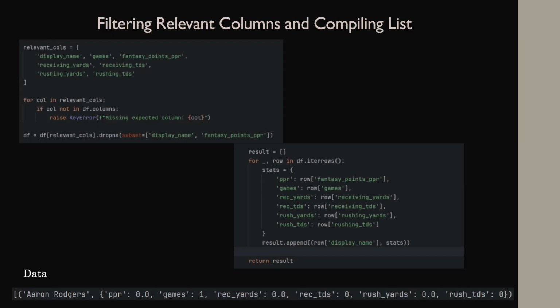So once I had the full data frame from the NFL API, I extracted the relevant columns for fantasy scoring. So it would be things like points per reception, receiving yards, receiving touchdowns, etc. And before going on, I wanted to check if all the expected columns were actually present in the NFL data frame using a for loop, and then I raised the key error if anything was missing, and that was just